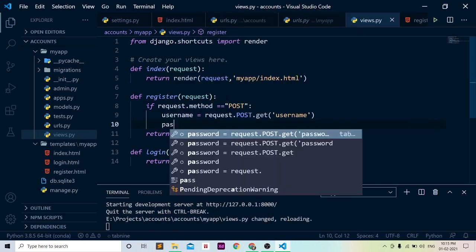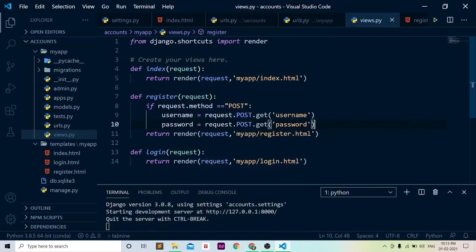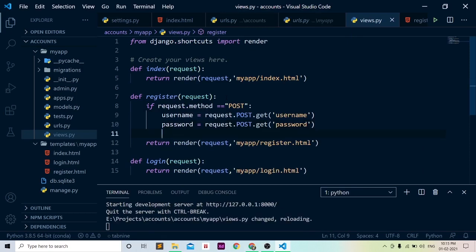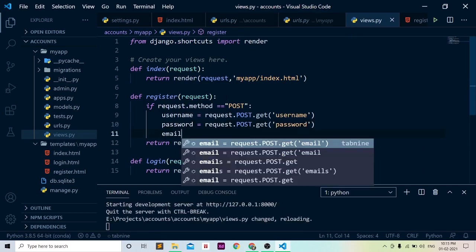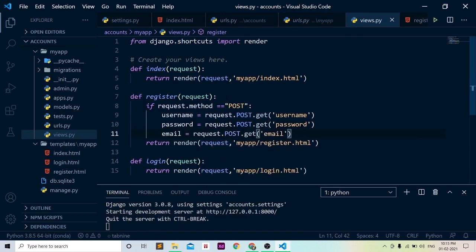Similarly, password equal to request.POST.get('password'), and email will be equal to request.POST.get('email'). Okay, now we have taken those form values into our actual variables, that is username,